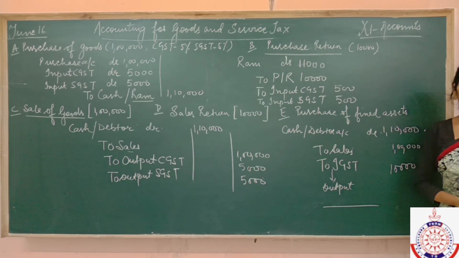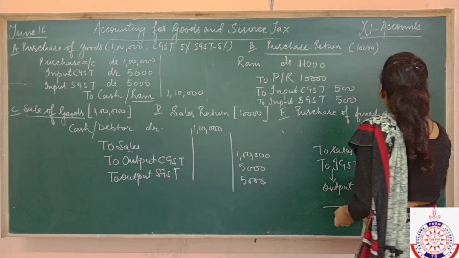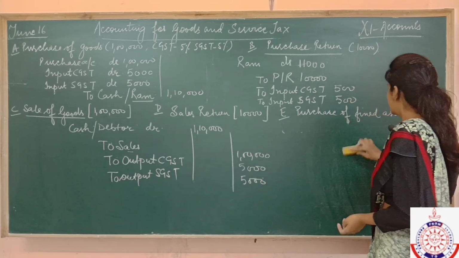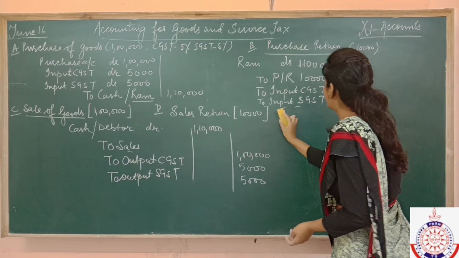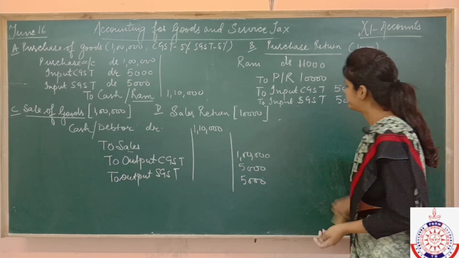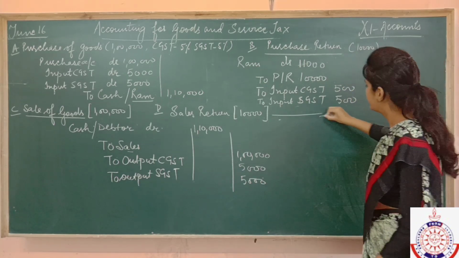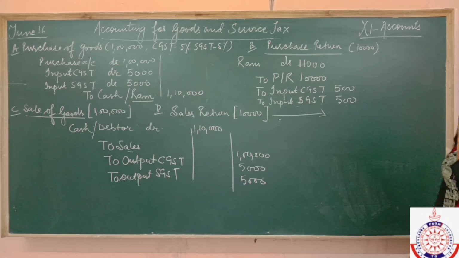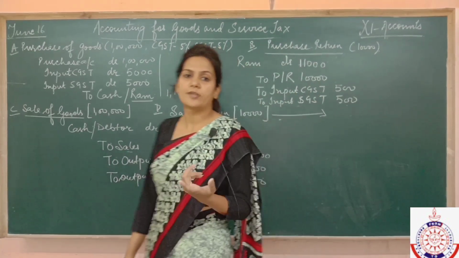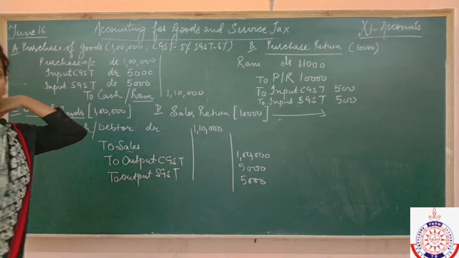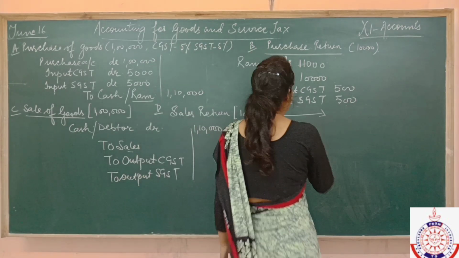Now come to the topic, what will happen in case of sale return. What will happen in case of sale return? Let's see that. In case of sale return, what entry am I going to pass? See, if I have sold goods, fine, then it might happen my customers don't like the goods and they return it back to us. In that case, the goods are coming into my business. So what entry will I pass? I'll write here